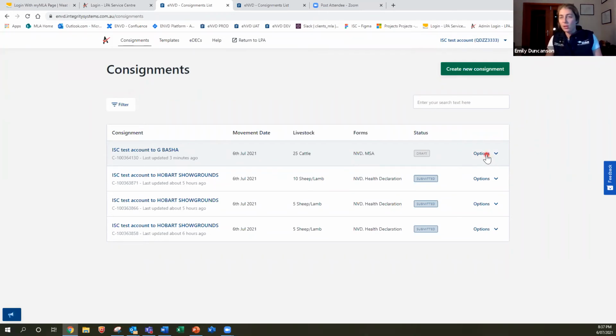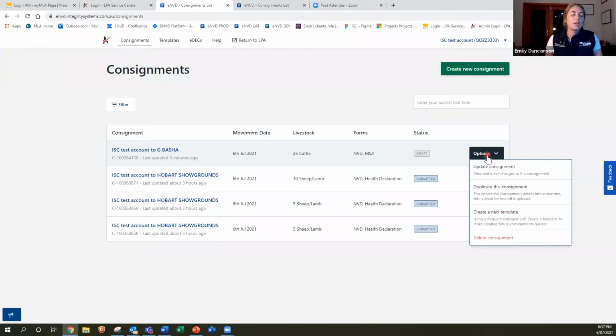If, for example, you realise something is wrong or you want to start again, but you want to have the same information that you previously had. So over here on the right-hand side of our consignments, we've got a couple of options to do with this consignment that I've just created. One of them is update, because it's still in draft mode. One that's duplicate, and one is create a template. And finally, we can delete that